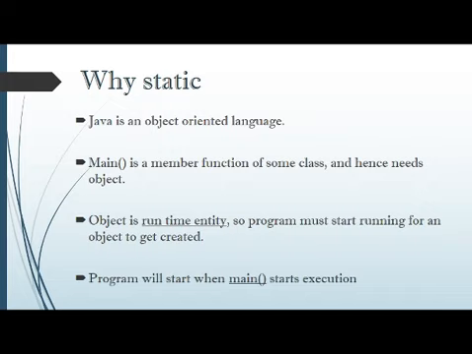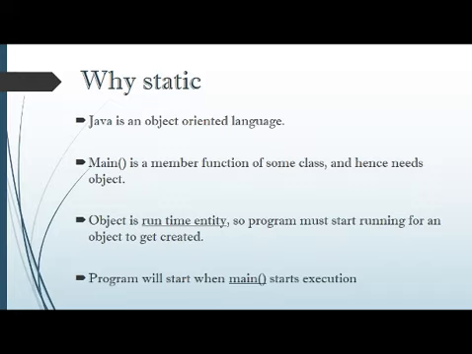But an object, being a runtime entity, can only get created when the program is in the execution mode, that is, when the program is running. And as we all know, generally a program starts with the main function, meaning that the program enters into execution mode when main starts execution. Now if you understand this, you will find that we are in a deadlock kind of situation, wherein we want our program to start execution by the main function, but as main function is inside a class,